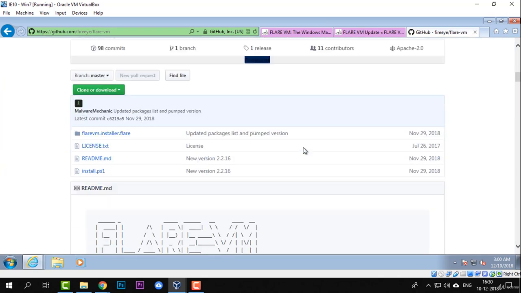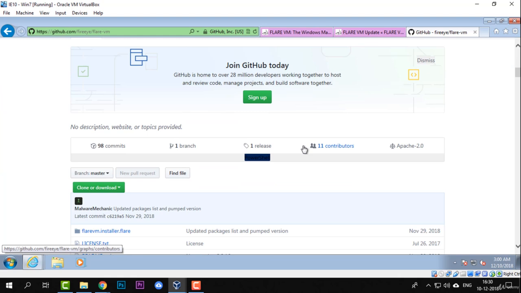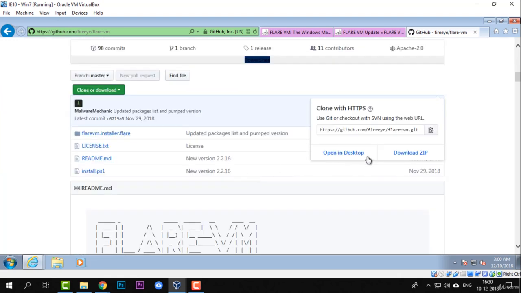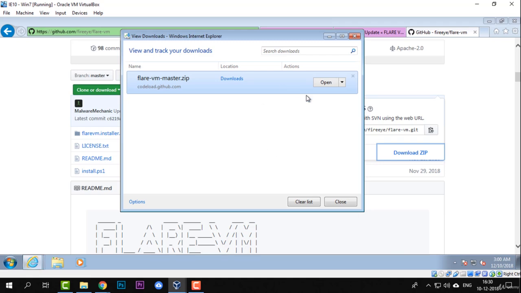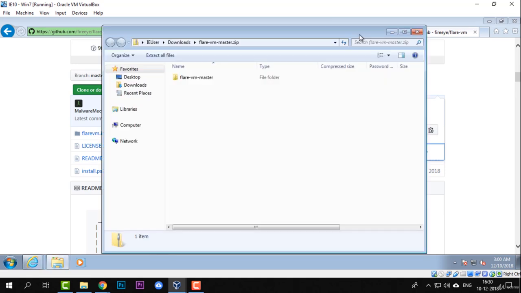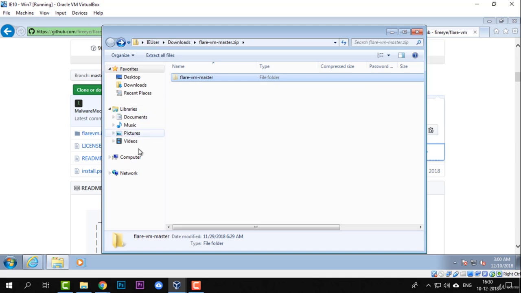Don't worry, you just have to go to this page, click on clone or download, and then click on download zip. This will basically download the Flare installation zip file. Now the file will be a zip file, but you can open it and copy all the files, copy the folder